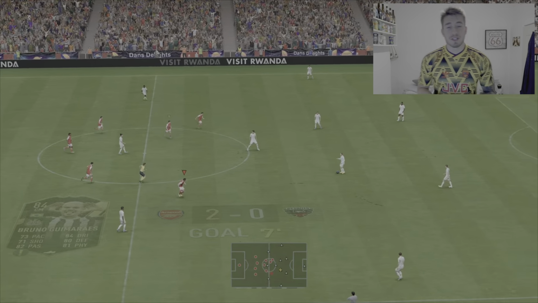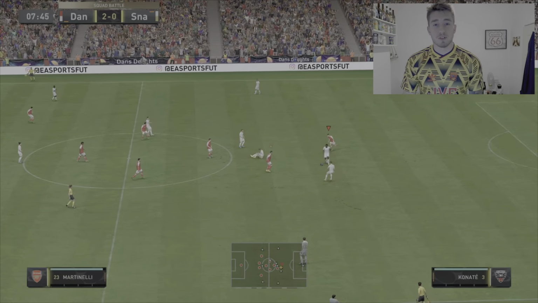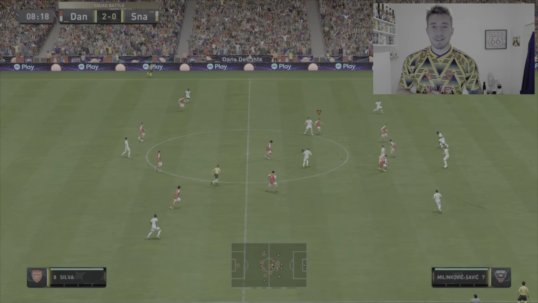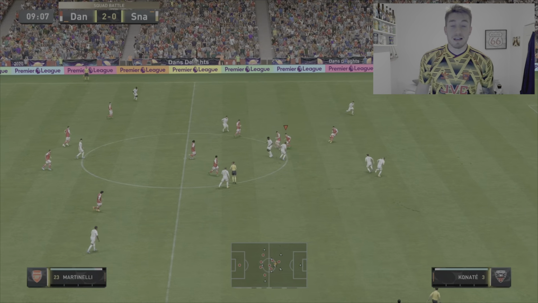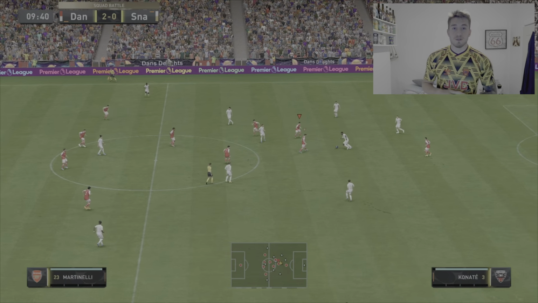Unbelievable. So we get into it stat by stat. Pace 92, 100%, felt like 92, maybe even quicker. The fastest player that I've used on FIFA 23 so far. I couldn't believe the pace. In fact, there were a couple of occasions where he actually ran too fast and left the ball behind,